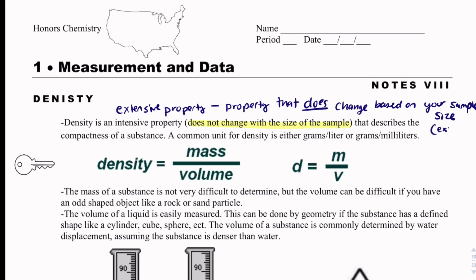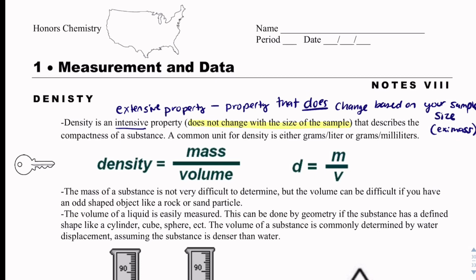An example of that would be mass. A small nugget of gold versus a big piece of gold is going to have a different mass or volume. There's a lot of different extensive properties, and there's also a few intensive properties, but there's definitely a lot more